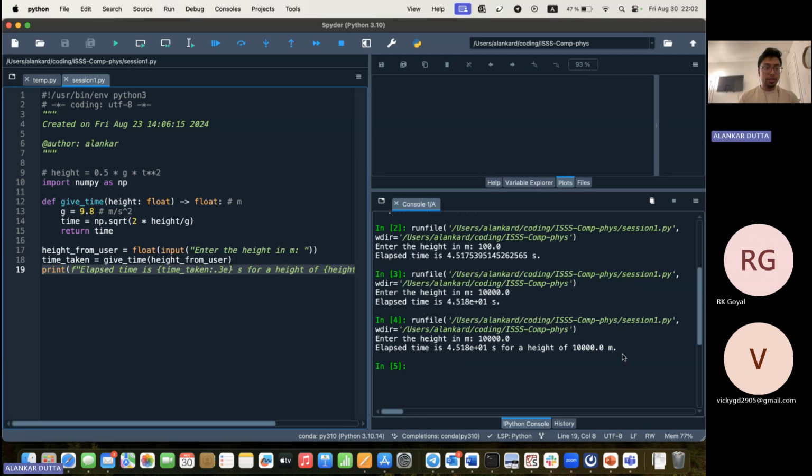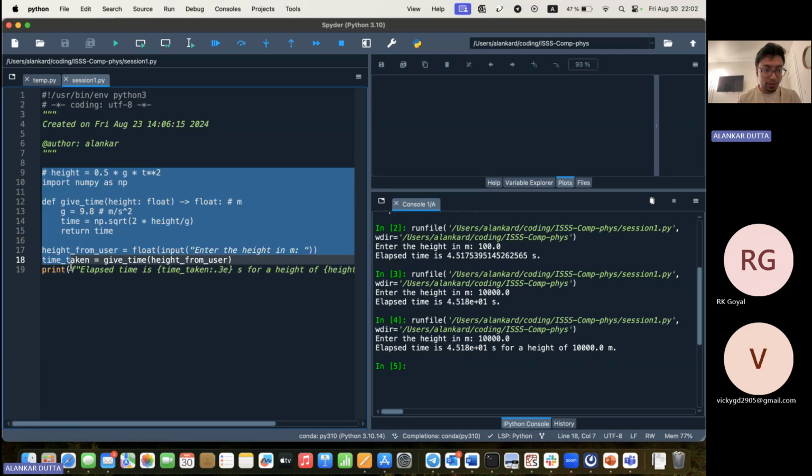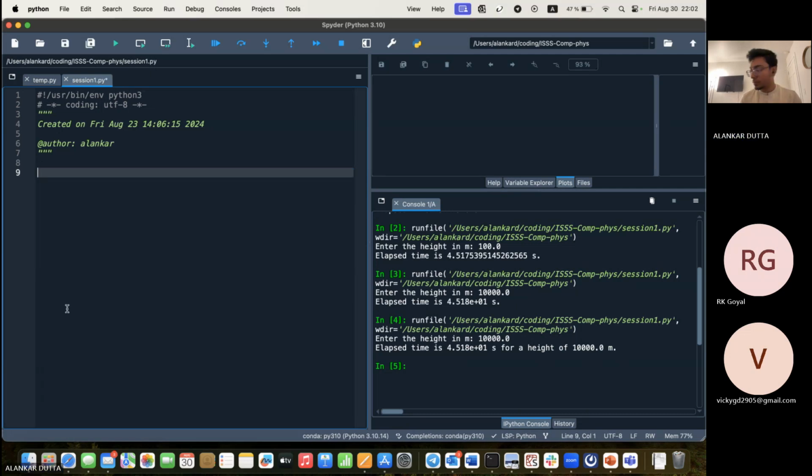Okay, so now let's go to the second question. I think there are not many doubts here. It says the altitude of a satellite. So this question is: a satellite is to be launched into a circular orbit around the Earth so that it orbits the planet once every T seconds. Write a program that asks the user to enter the desired time and then prints out the correct